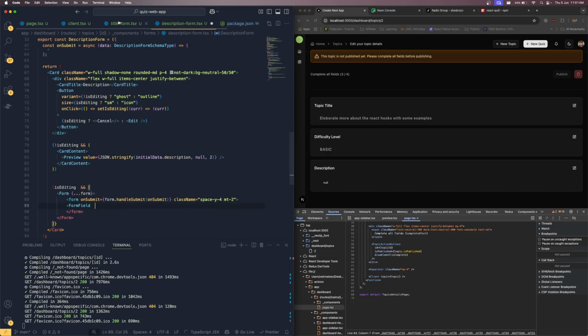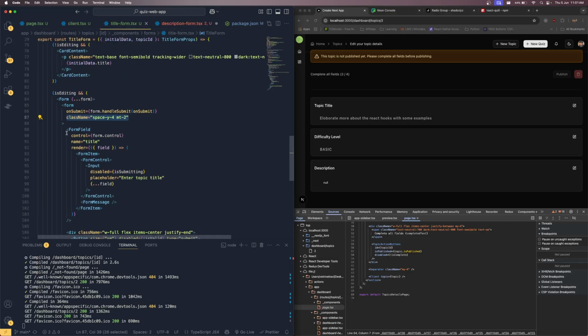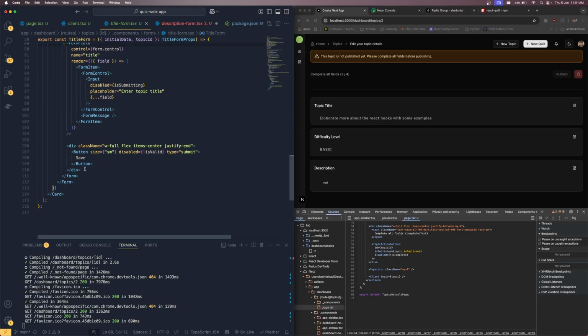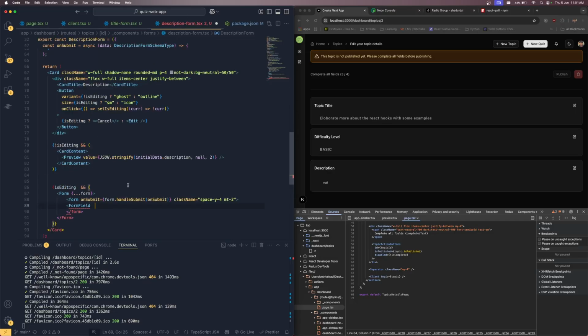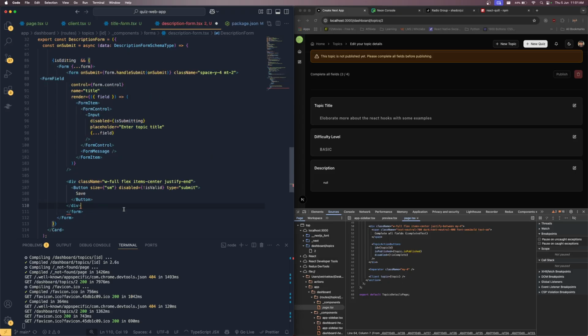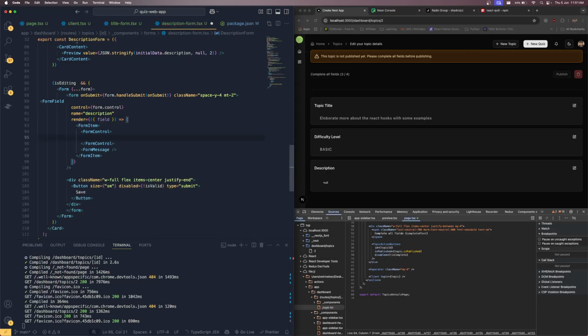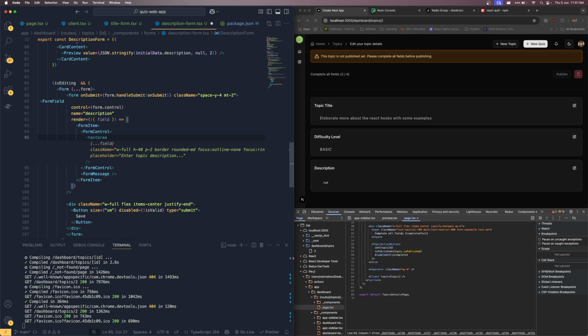Then inside over here, let me get this form field, including this button from here, right? And instead of this name, we are going to use the description. And instead of this input statement, this is the place where it comes really handy. This is the place where we need to supply the